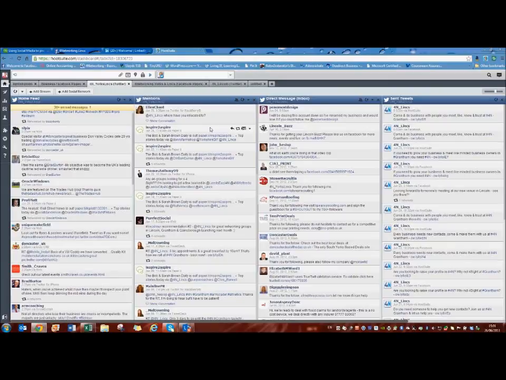What you're looking at here is the home feed for the 4N Lincolnshire Twitter feed. Okay. And there are people talking about me. See, I've got this column here that's talking about 4N links. So, for example, I've got a message here from somebody looking to Foresight. So immediately I can reply to that and go,